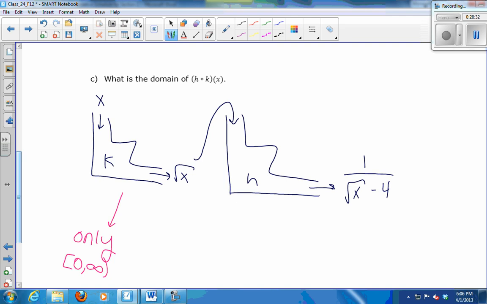16 cannot go into the H machine. Why not? Right, I'd get a 0 in this denominator. The square root of 16 is 4. Yep. But so 16 can't go into H, which means that what do I have? I only have control over what X I put into the first machine. So if I want to keep a 16 from going into H,